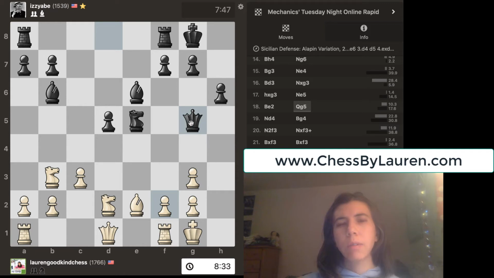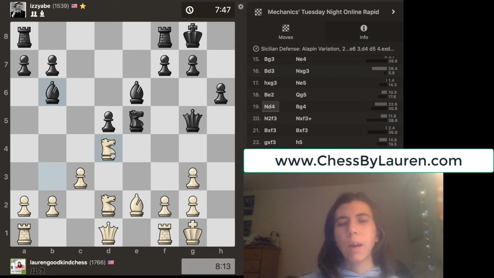He is actually threatening to capture my pawn on g3 because this bishop is pinning this pawn to the king. So that's why I went knight to d4. So now the bishop is not pinning this pawn to the king. He goes there, and in this position,